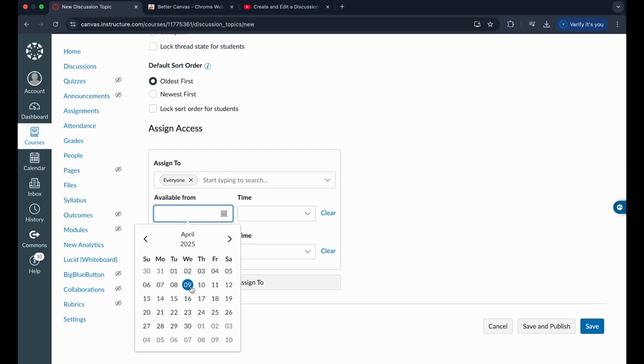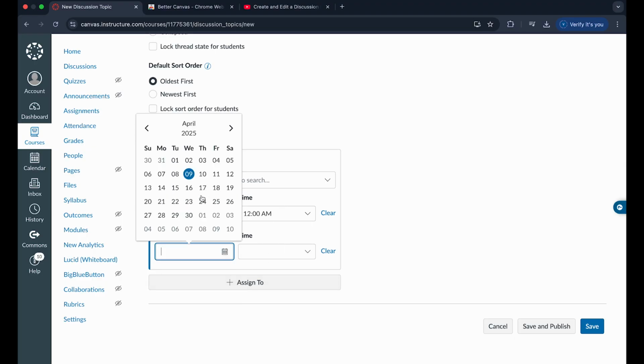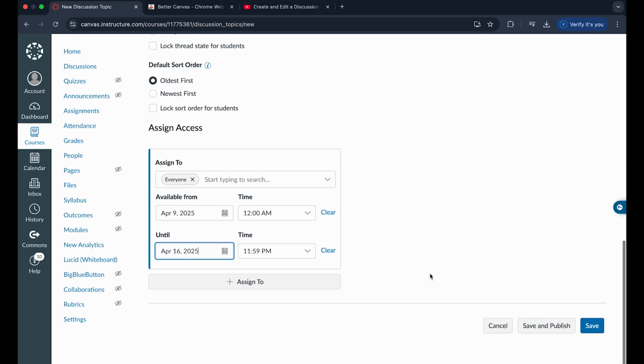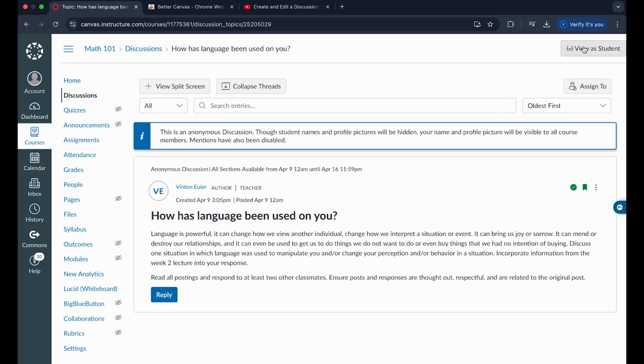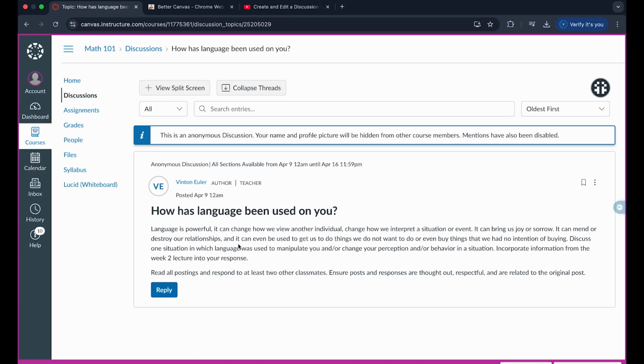And if you want it to be available from this date to that date, you can actually have it lock after this date, like so, and click on save and publish option. We can actually see if we go into student view right here, we can actually see that our discussion post has been created, and the students can